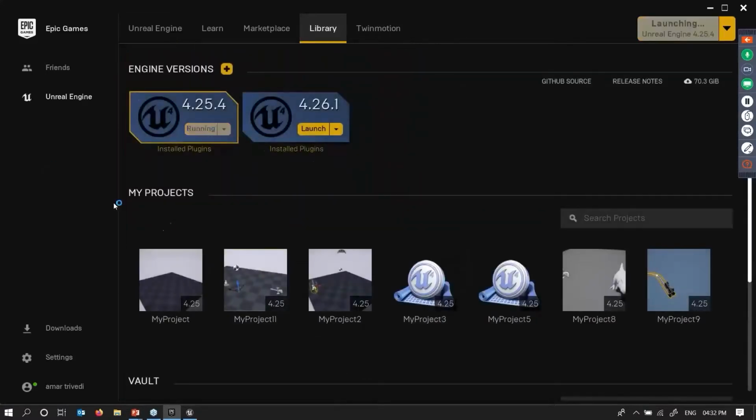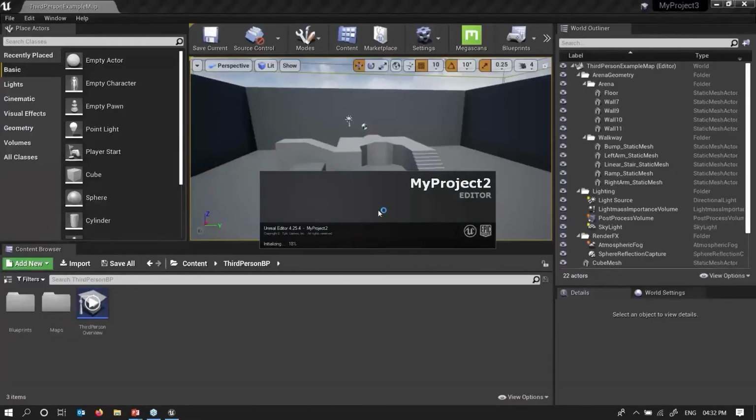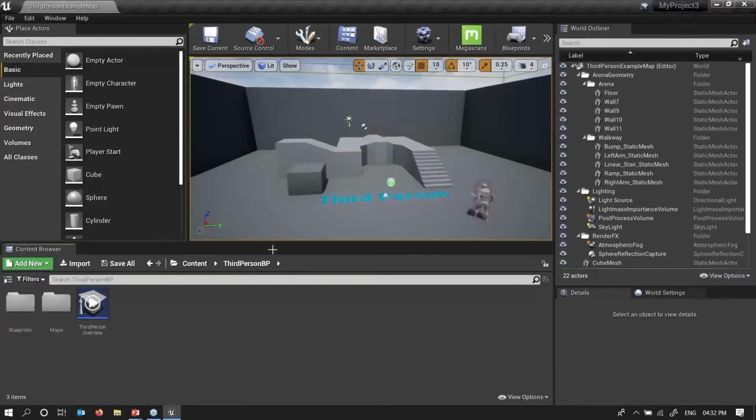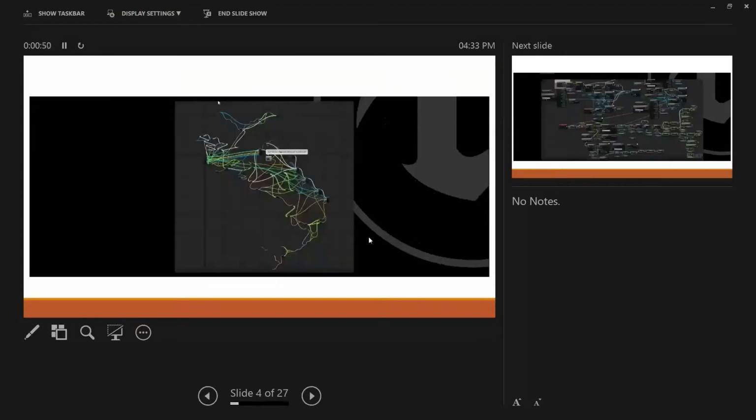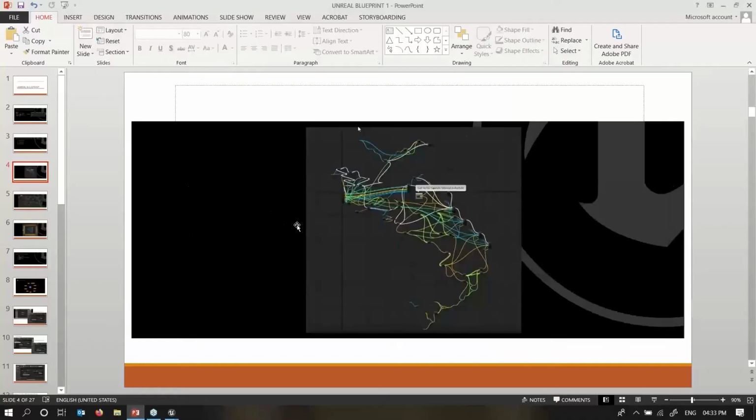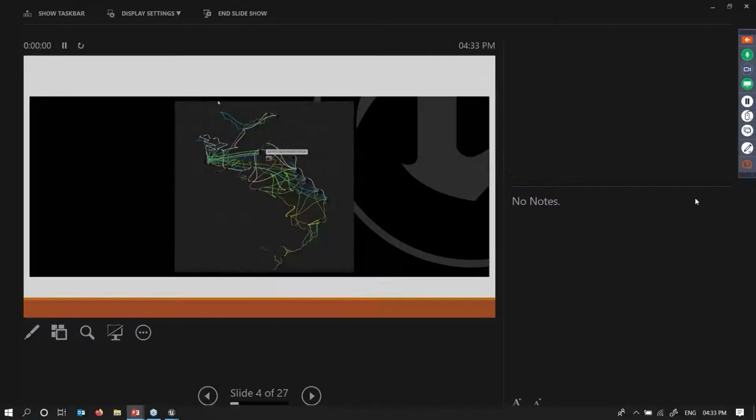I'll just open the new project over here. Just one second. I'll just duplicate my screen over here. So this project is getting opened over here. Display, and this duplicates. Collaboration is there. Performance with the help of blueprints, we are getting a little bit faster, the animations. I'll just stop it again.